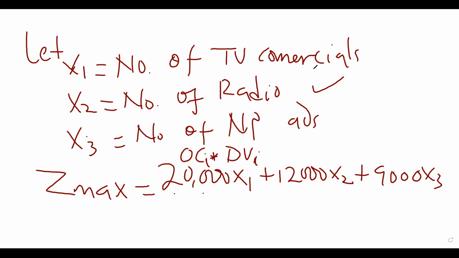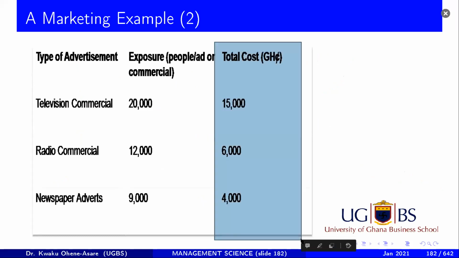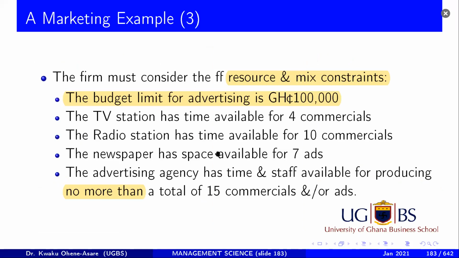All right. So this is now subject to some constraints. We are now left with formulating our constraints. Now, the first constraint is in there. In fact, that first constraint was the total cost. How do we know that? Well, if you go to this next section, when they were listing the constraint, they indicated that the budget limit,